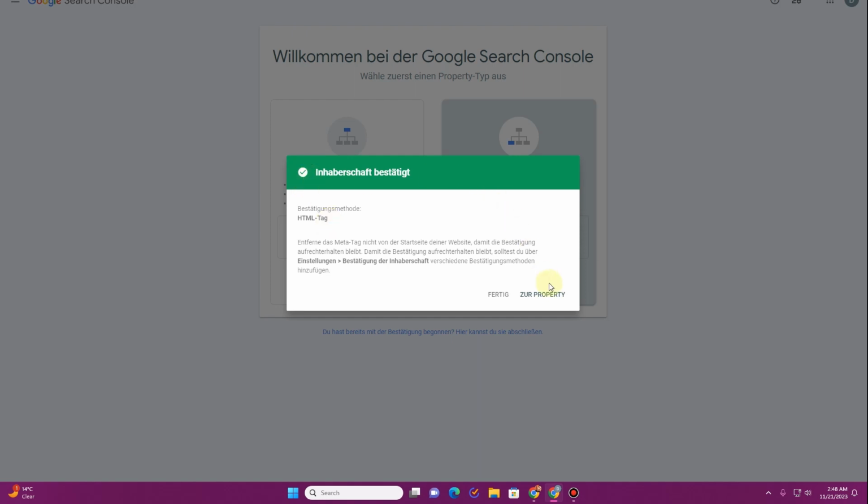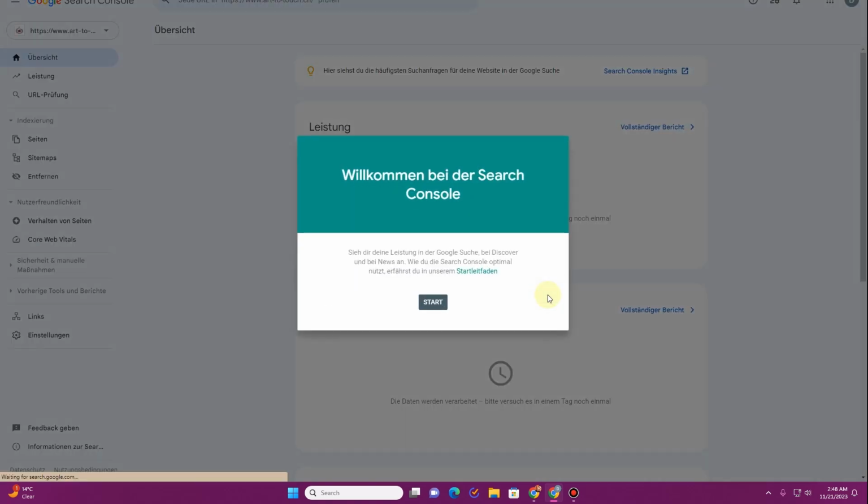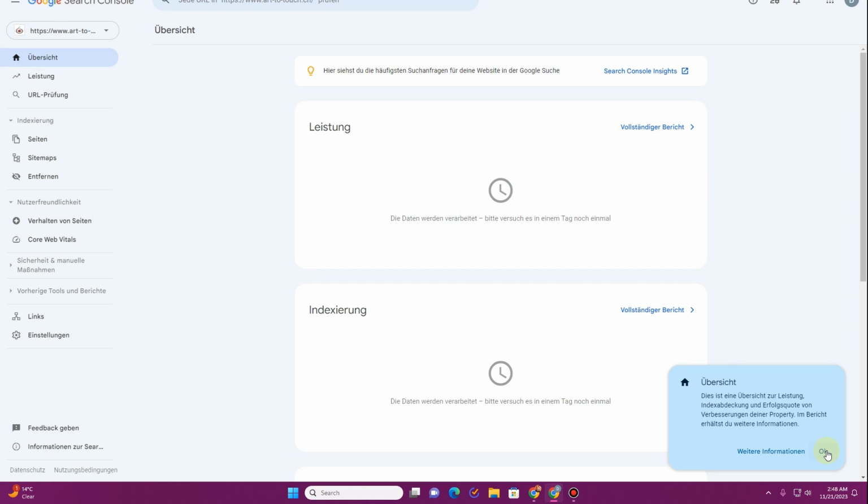And once you see this message, you can click on this view property button here. Once you click on view property, this kind of dashboard will get loaded, and here you will have this pop-up right here. You can click on the start button and it will start walking you through all of these options. So once you do that, in order to do the entire indexing for your website, like for